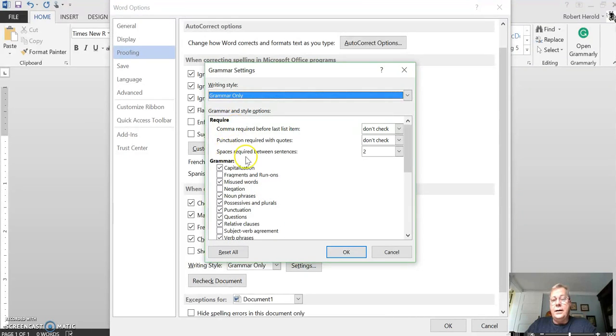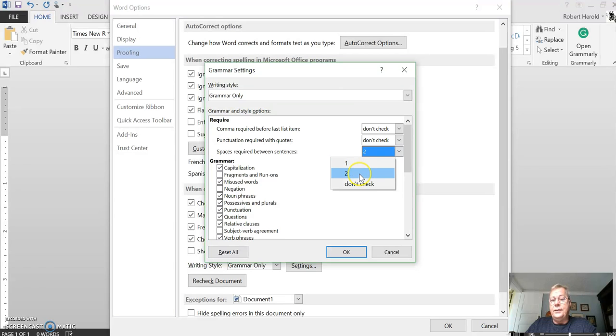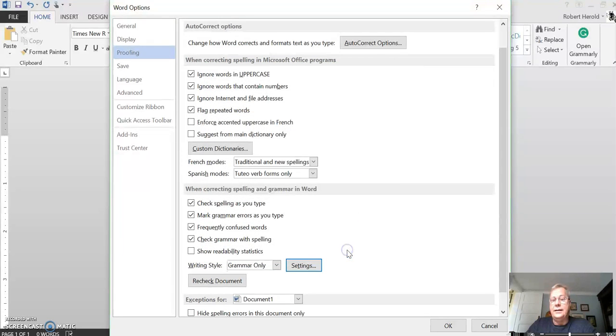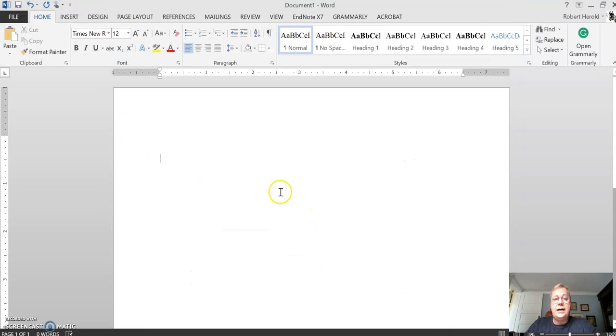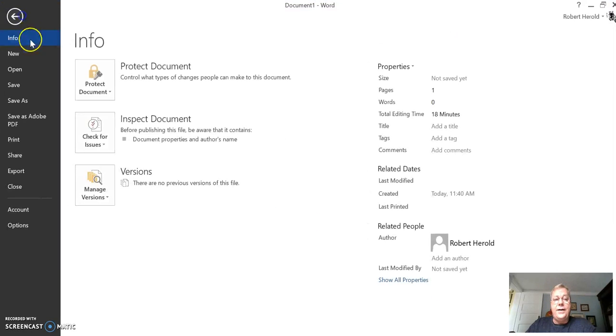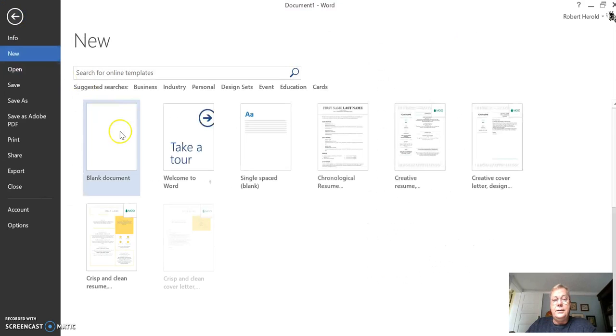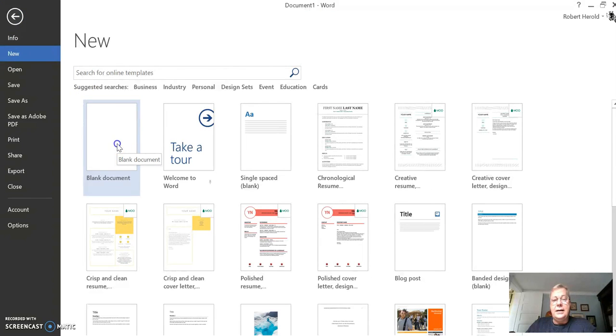Under the Require section, the third item down, spaces required between sentences. It's probably set to don't check or defaulted at 1, but click 2. And we'll show you how that looks. So anyway, hit OK. Check out of that. So now if I go File, New, and I click on Blank Document,